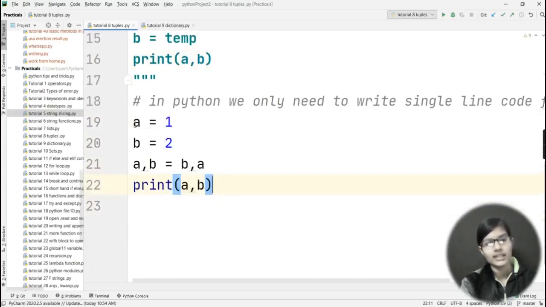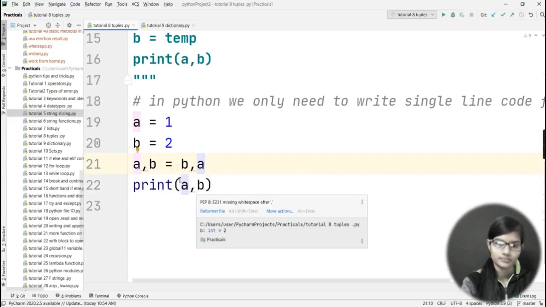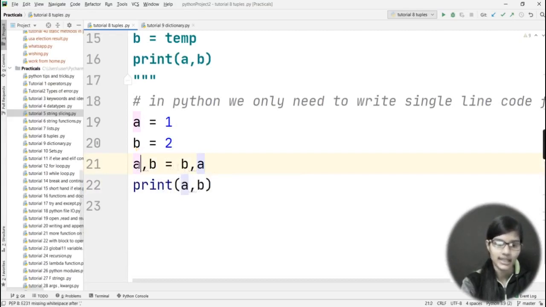So I have taken a = 1, b = 2. Now here what I had done is that I had swapped the two numbers, that is a, b = b, a, and after that I print a, b. So what happens here is that the value of a will go into b and the value of b will go into a. Now let me run it,